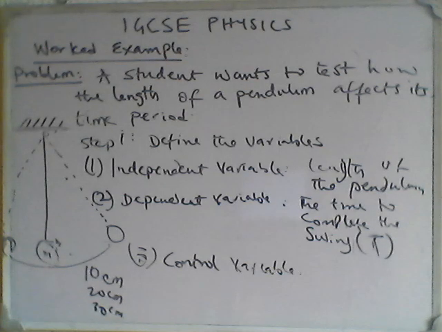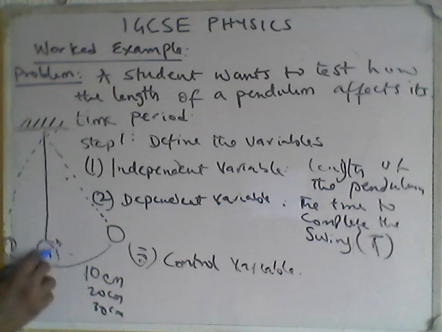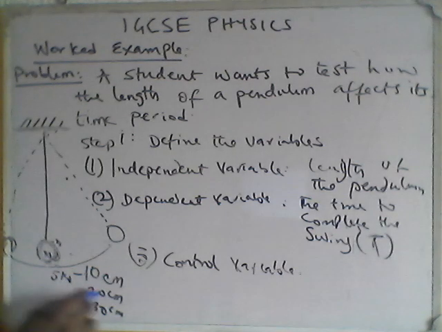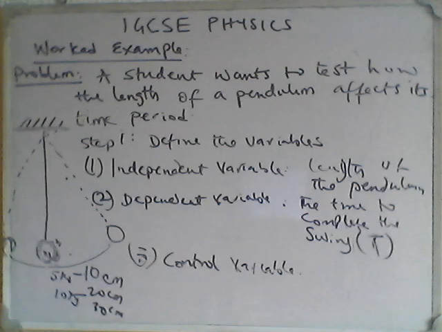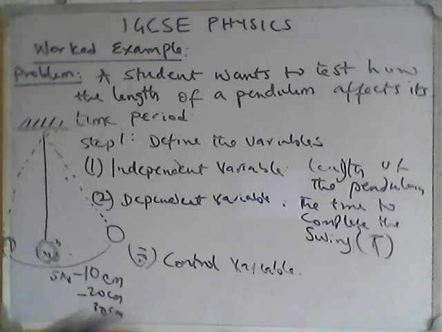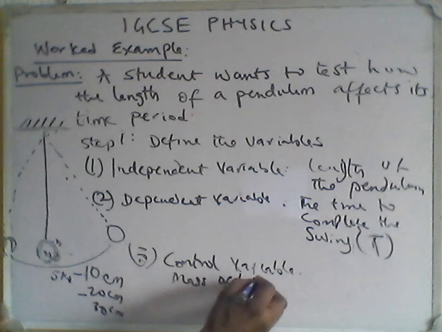So if I am using the 10 cm instance, I will not come and say the weight of the pendulum bulb is 5 kg, for instance, and then make it 10 kg. If I'm changing this, it will also affect the experiment. So for the control variable, I should ensure that the mass of the bulb is constant. So one of the control variables is the mass of the bulb being constant.